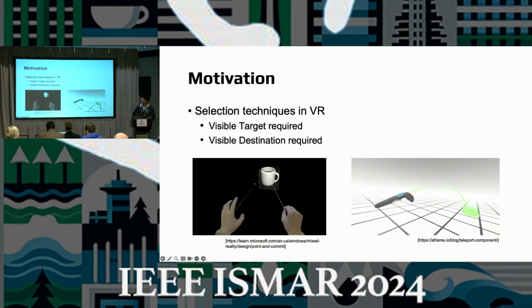Okay, let's start from the motivation. The commonly used selection technique in virtual reality requires a visible target object. A user has to aim at the target object first. After that, they can make a selection. And in some navigation techniques, such as teleportation, a user also has to select a destination on a ground